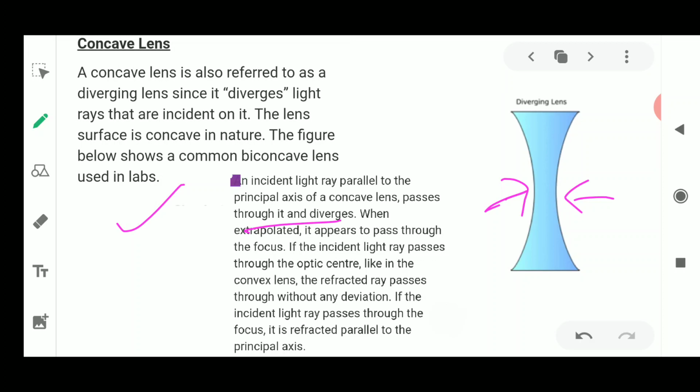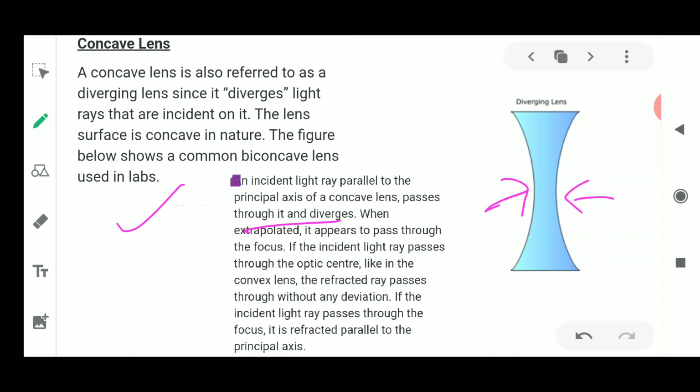Okay, so all these things we are going to read again, and I'll explain all these things in detail in the next few slides, when I tell you about the rules for how to obtain the images. I'll quickly read out these lines for you so that you can revise what we have studied previously.